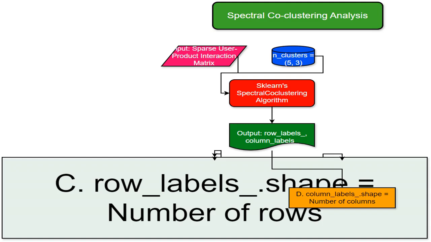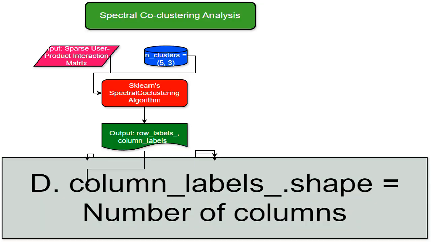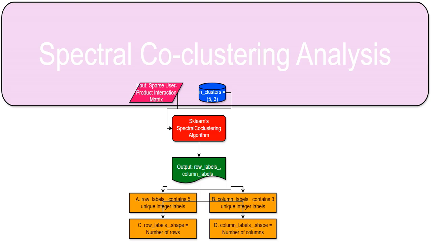The shape of the row labels array will match the number of rows in my original dataset. This is because each row, each user, gets assigned to exactly one cluster. Likewise, the shape of column labels will be the same as the number of columns in my data, as each column, each product, receives a cluster assignment. These 4 points, 2 to 5, are the components that are relevant to understanding the results from running the Spectral